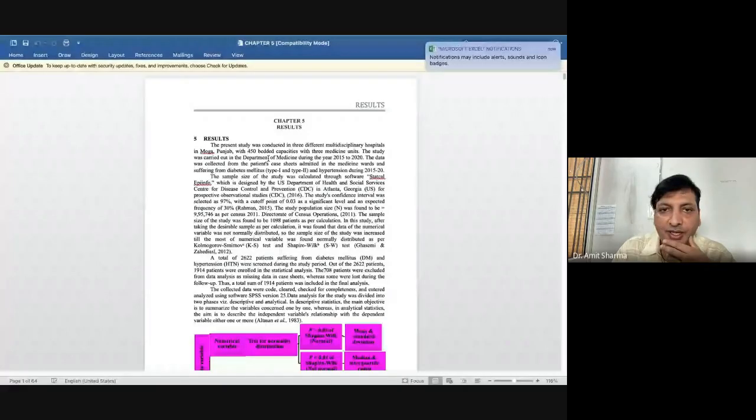See, the document was not made like this. It is showing somehow in pink color, but I think it's visible to all you guys. I'm just seeing it on the screen. Yes, it's visible to you all, and you can see. I'll zoom in a little bit so that you are able to see.